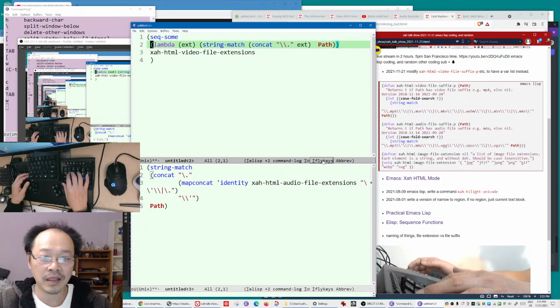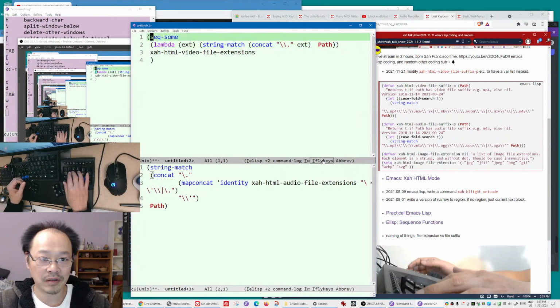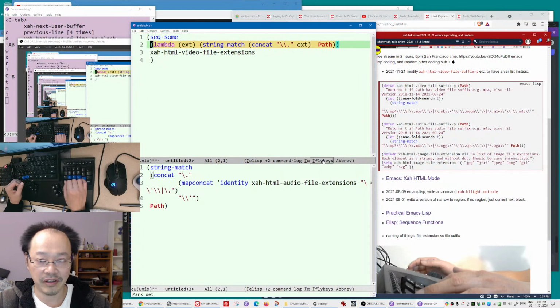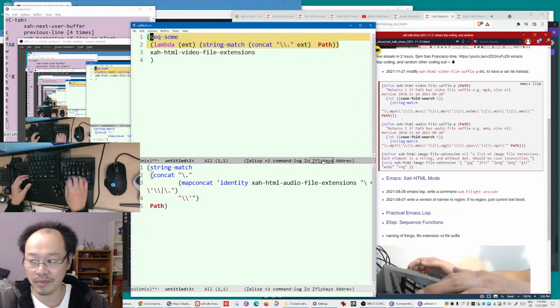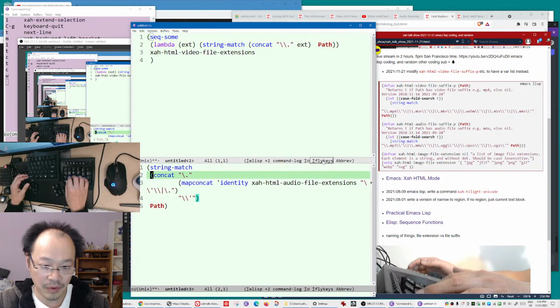The first way we explained before, we use sequence some. So sequence some maps a function to a list. If the function returns true on any element of the list, then it aborts and returns true. Okay, this is one way to implement this function. Now the other way